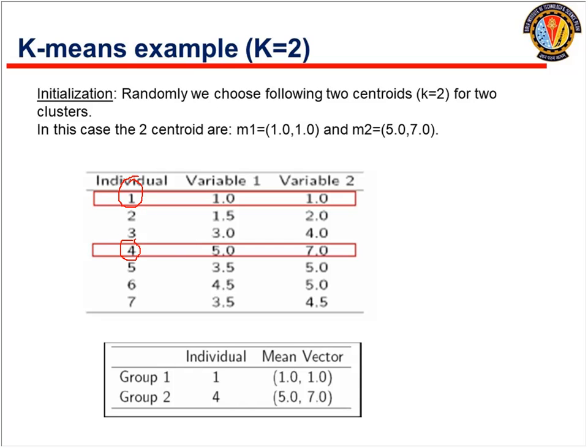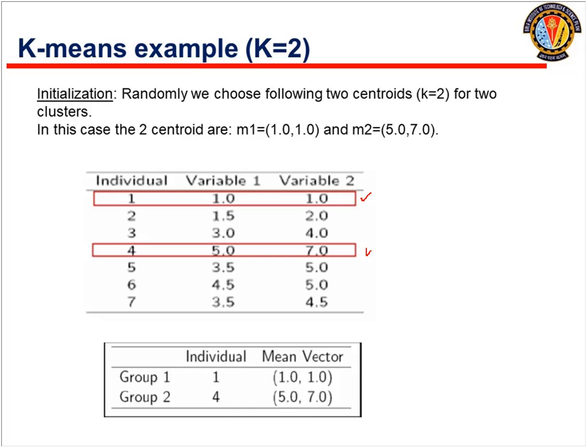Now what is the second step? After this, what should you do? The initial centroid M1 is 1, 1, and the second centroid is M2, 5, 7. What is the next step that you should do? Then you have to assign each of the points to one of the clusters. Obviously the point which is itself the centroid will be assigned to itself only, because the distance to itself is 0. But about the remaining points,